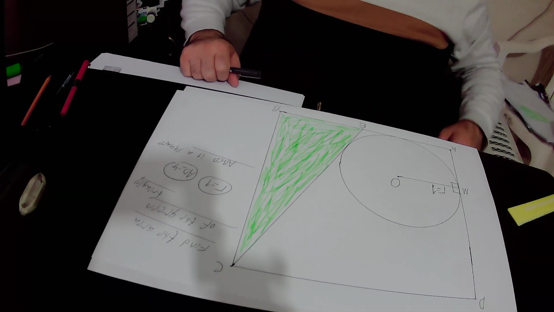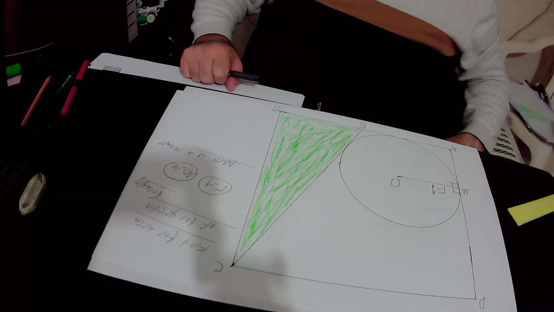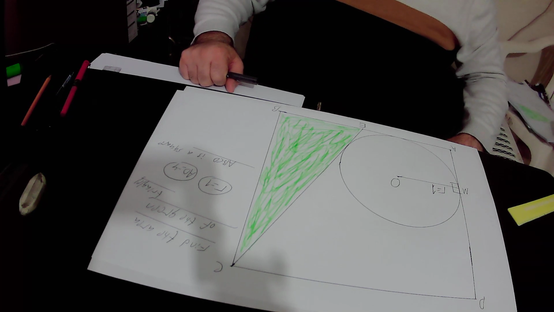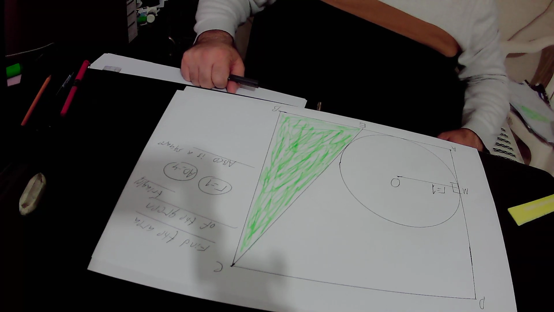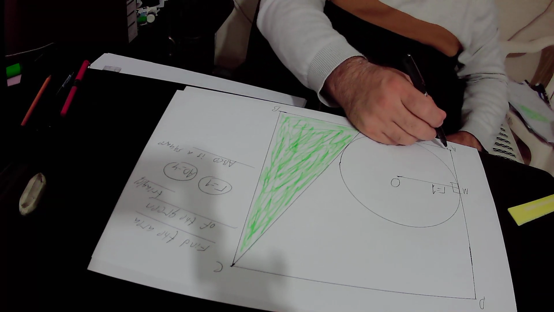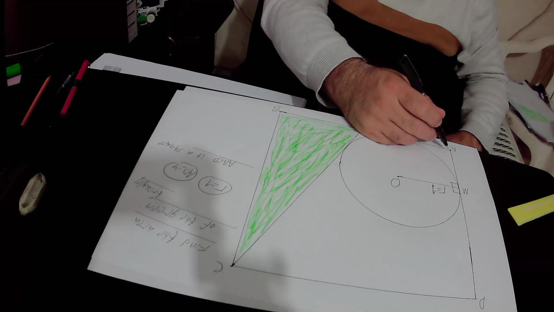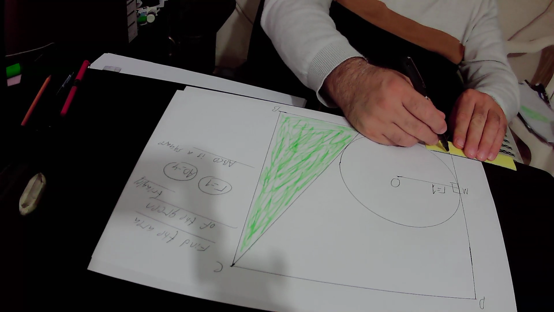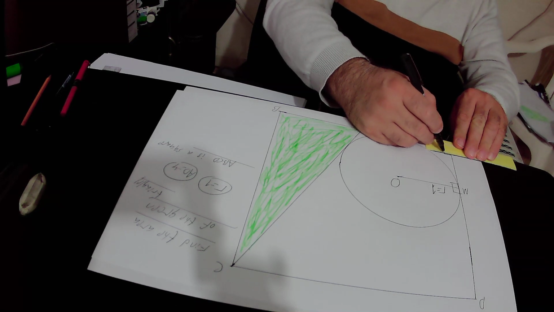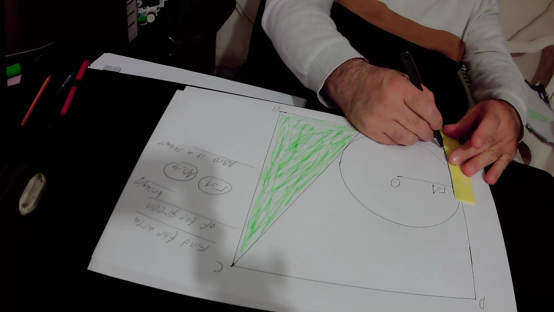And actually we also know that all 4 angles inside the square are right angles. Therefore, this angle, this one out of 4 angles of square ABCD, will be a right angle, that is to say it equals 90 degrees. So this is a right angle,